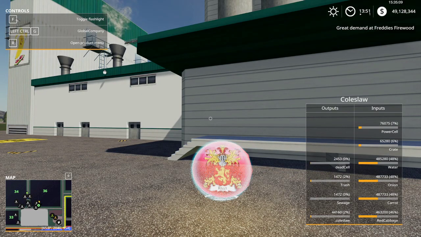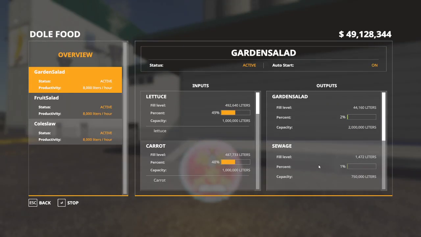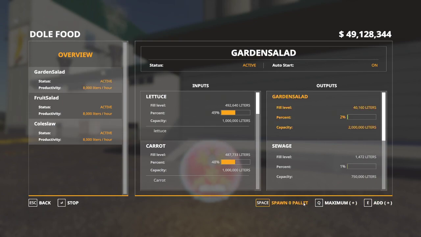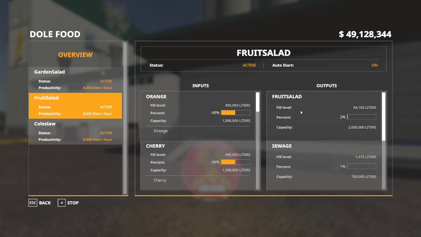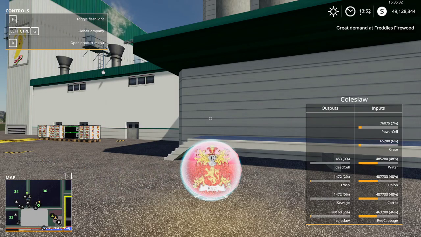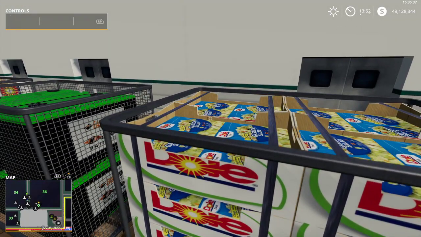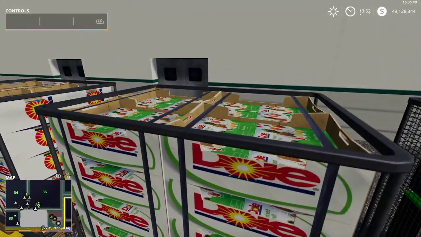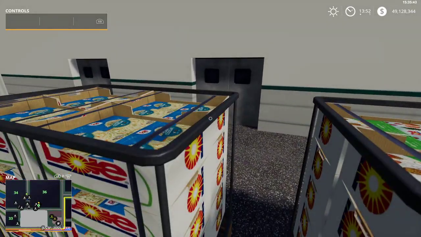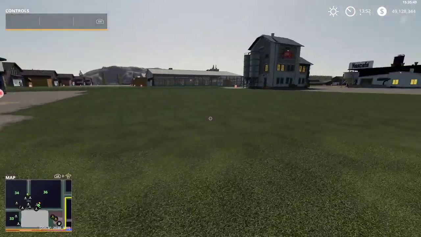Alright, so let's spawn out... So let's go to garden salad. So let's spawn out one garden salad and one dead cell. Let's go to fruit salad. Let's spawn out one fruit salad. And then let's spawn out one coleslaw. And let's make sure everything spawns out okay. So we have our garden salad, we have our fruit salad, and we have our coleslaw. So that is working. So let's check